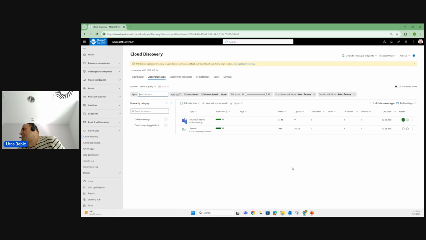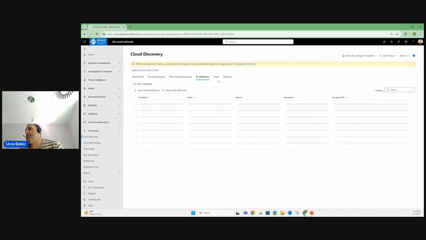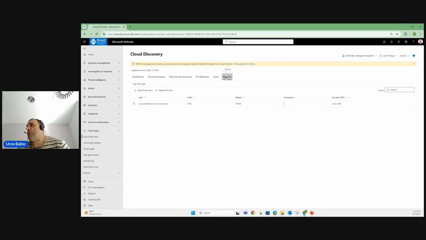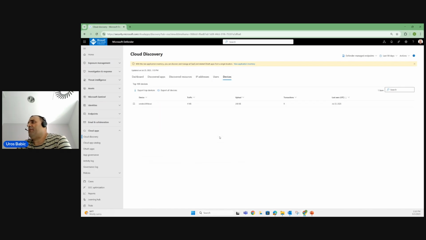And users, IP addresses, devices, and every way. It is how many discovered resources, how many IP addresses in that scope, which users, and of course which device. What is the top 100 device, and